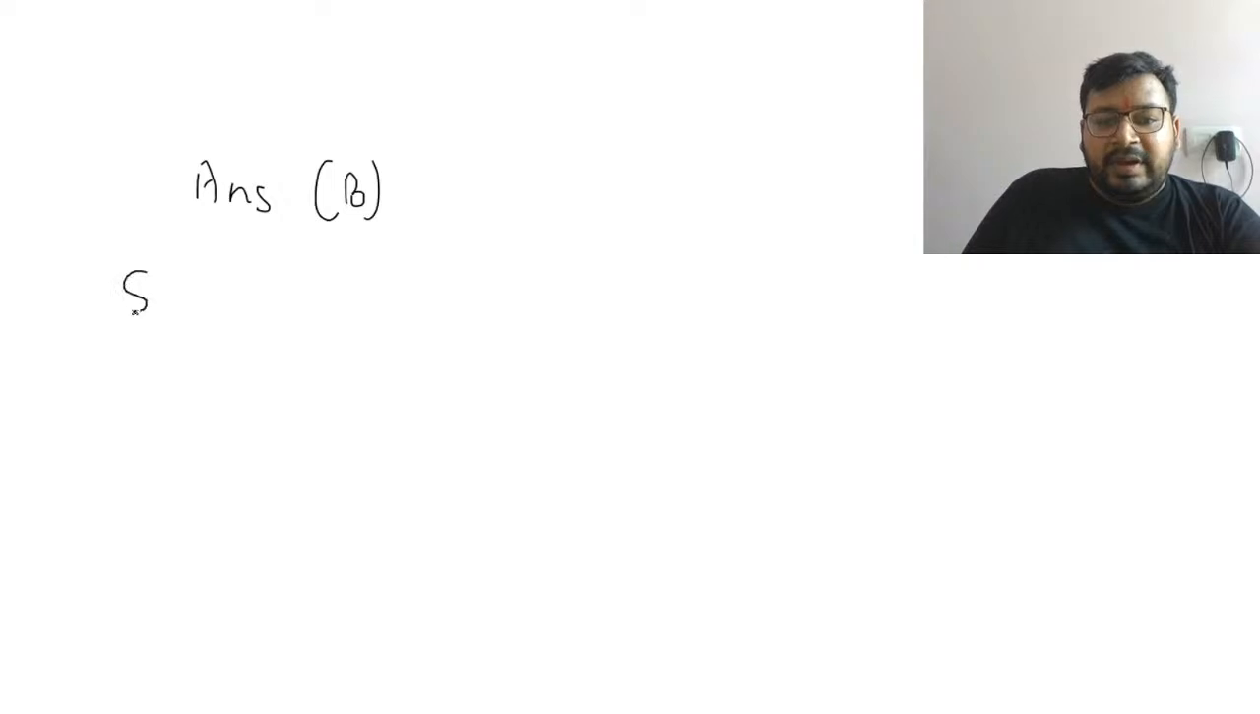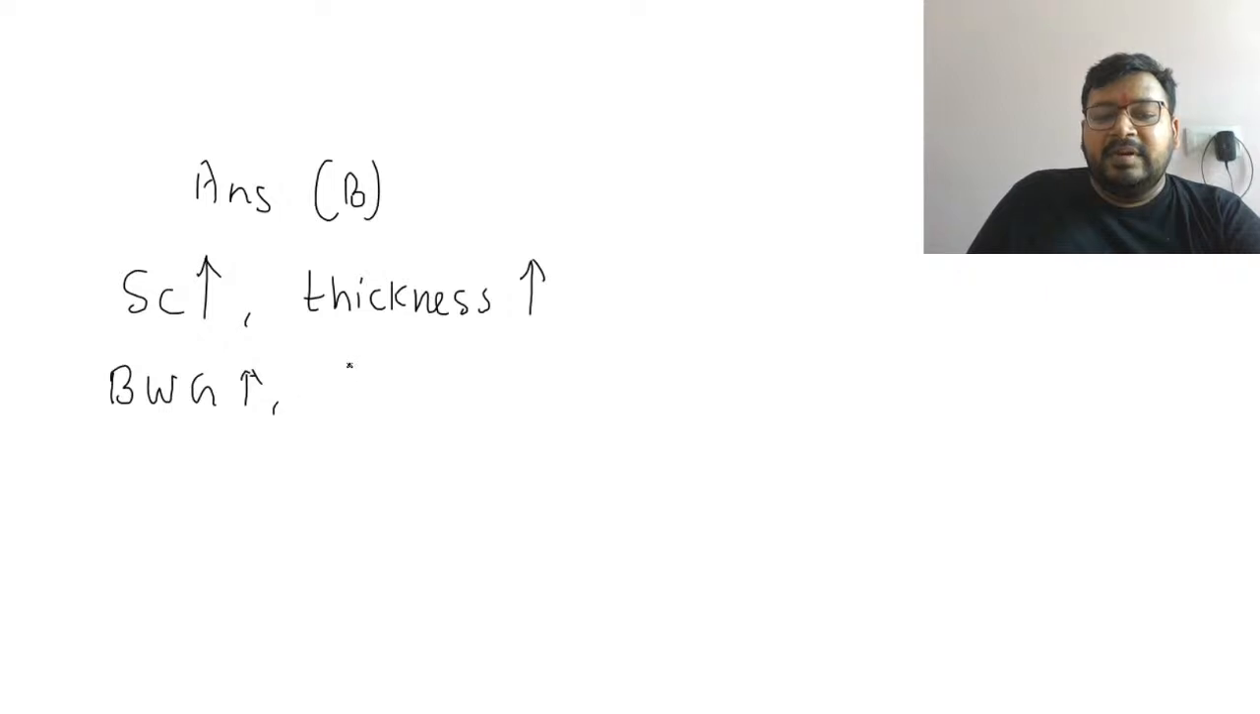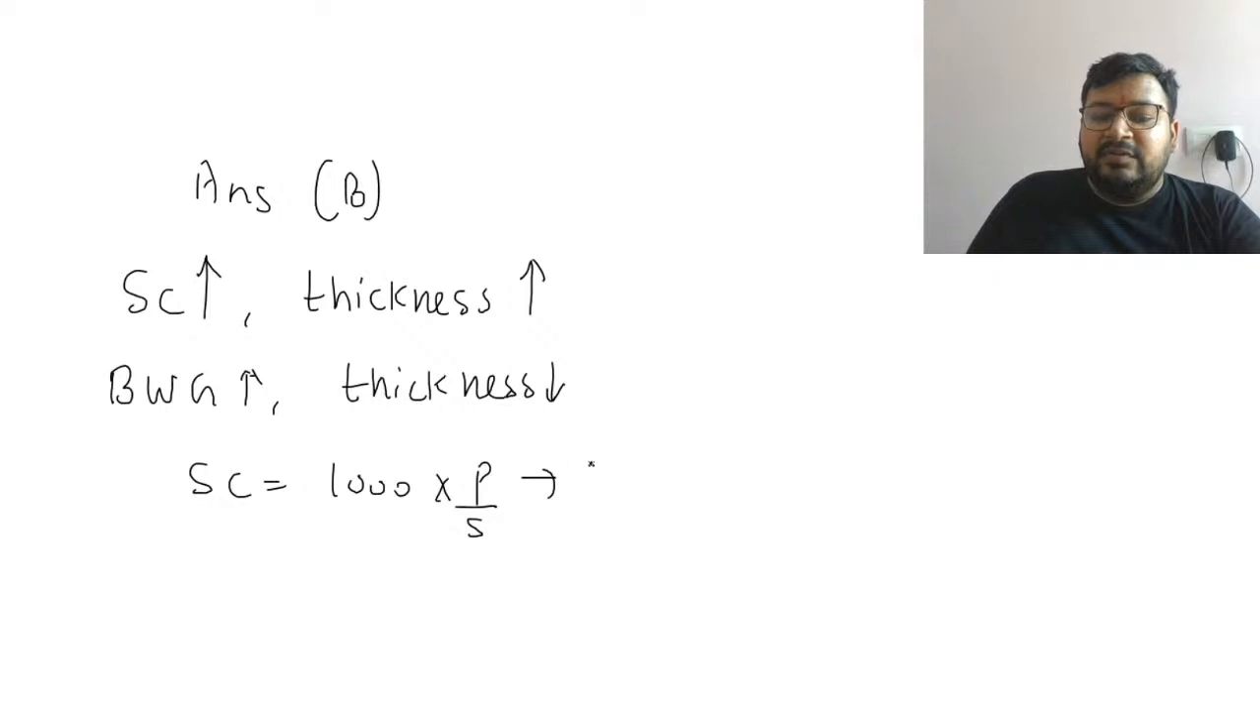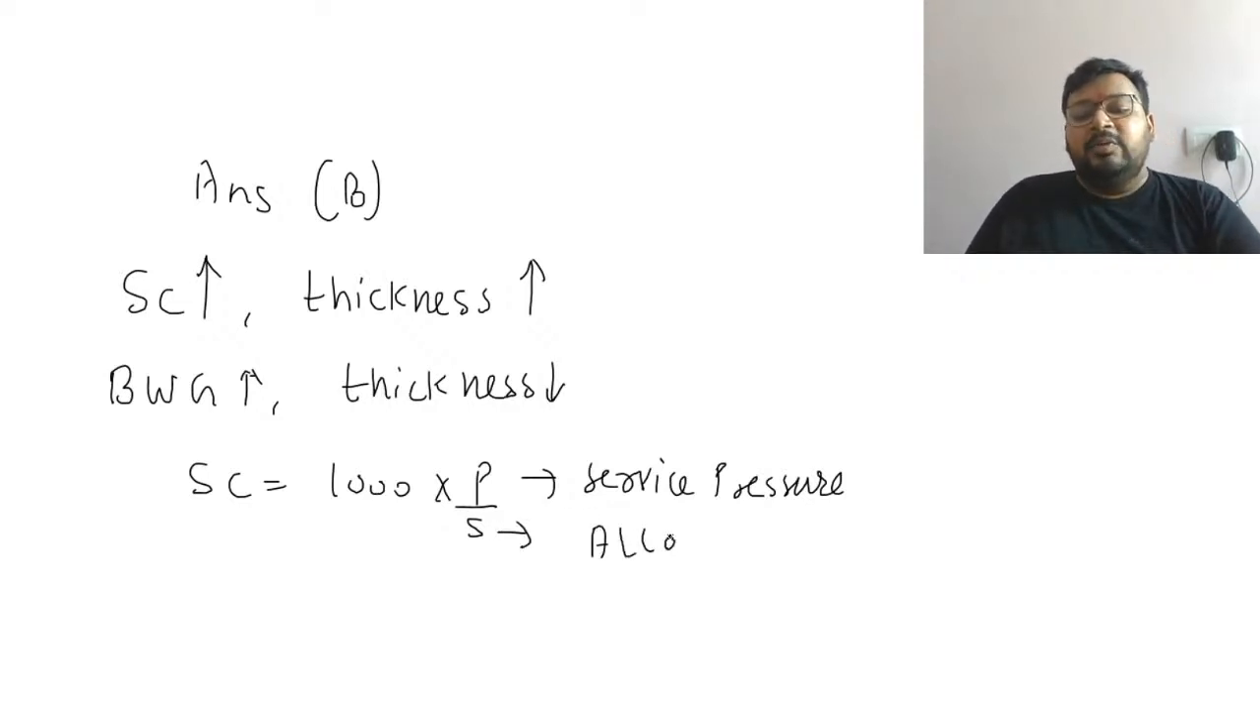Okay, so as the schedule number increases, the thickness increases, but as the BWG number increases, thickness decreases. You can also have the formula for the schedule number, that is 1000 into P by S, a very famous formula, where P is known as the service pressure at which you transport the service fluid, and S is known as the allowable stress value